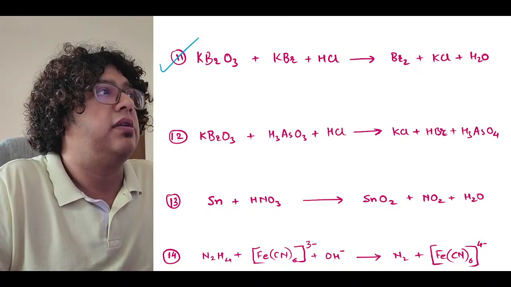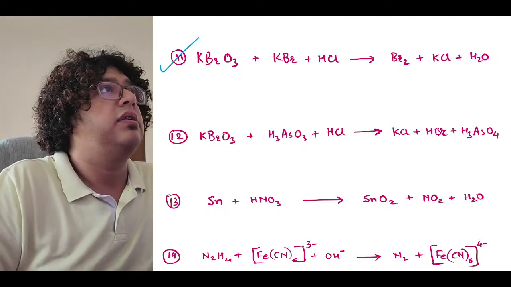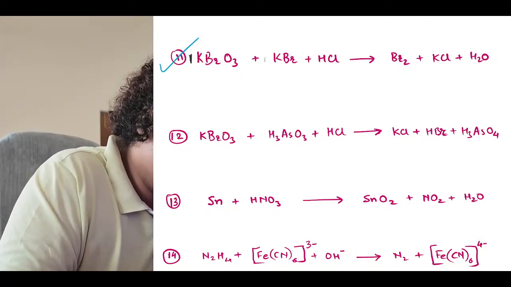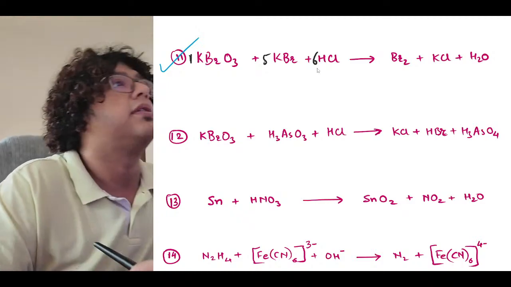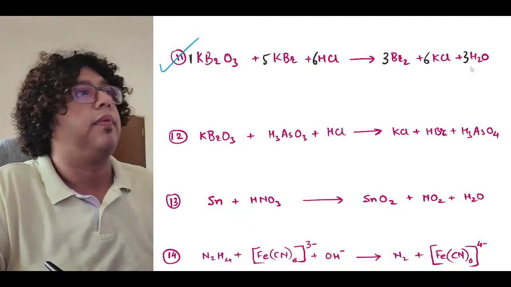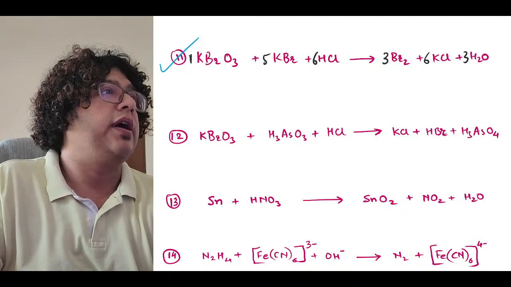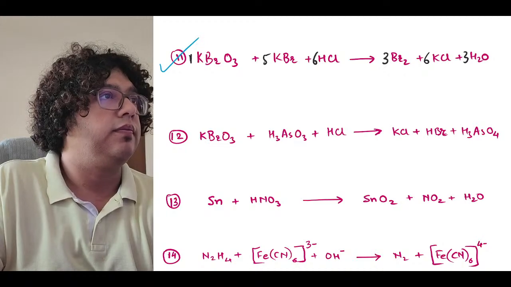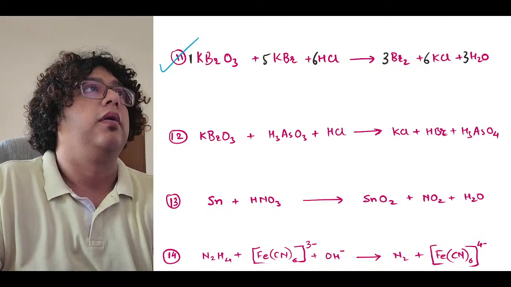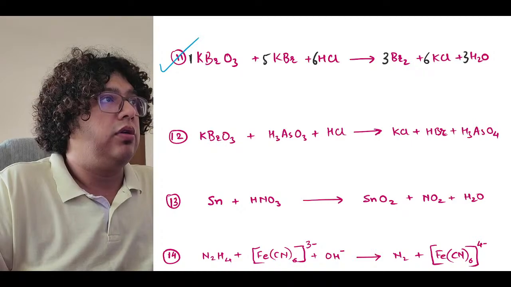So let me show you the answer. You finished it? Beautiful. So the answer for question number 11 is 1 5 6 5 6 3 6 3. I suppose all of you are getting this. If you have a doubt, do let me know. Otherwise, you can all lower your hands. Perfect, perfect, amazing. So if you have a doubt, do let me know.